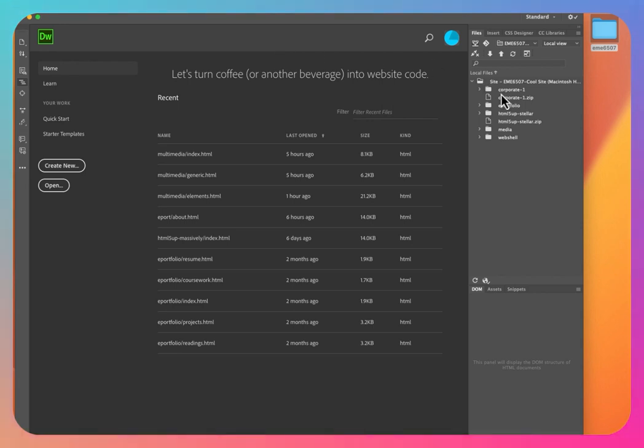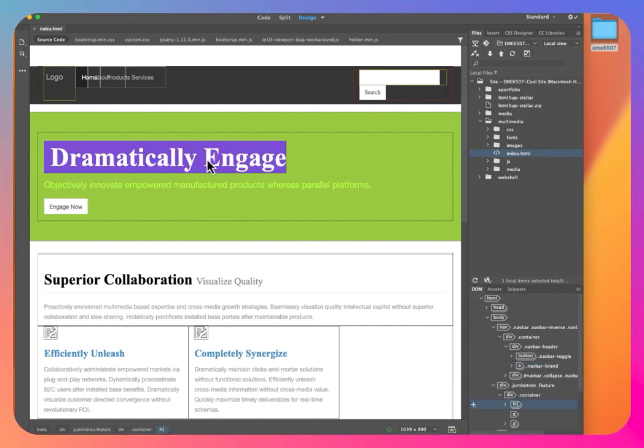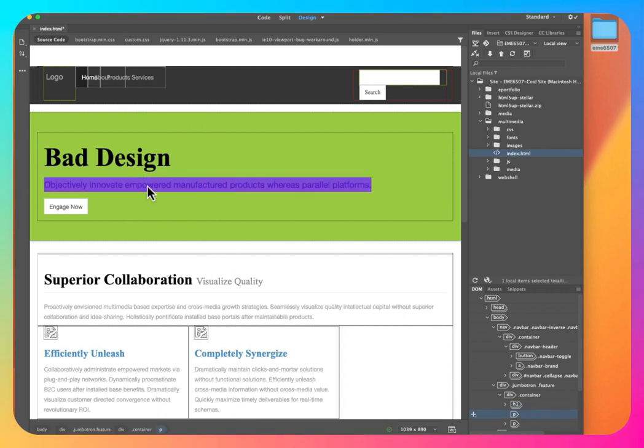So what we're going to do is I'm going to go to my Files tab, and I have multimedia here that I just put in there. And I'm going to go ahead and open the index page, and then I'm just going to go ahead and start modifying content that I want. So let's do a site on bad design. And then here I might have something, the best way to